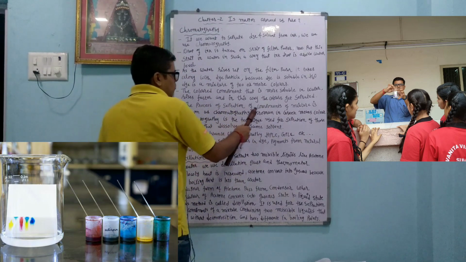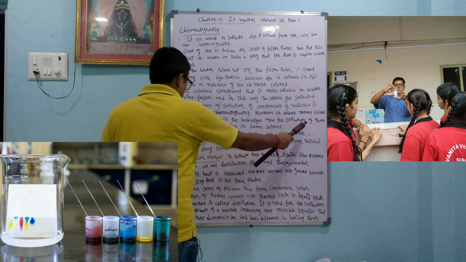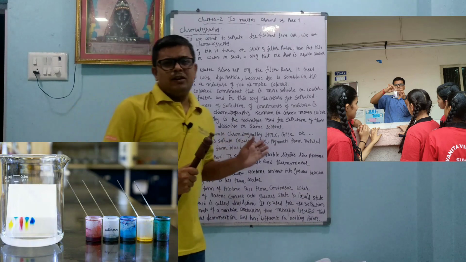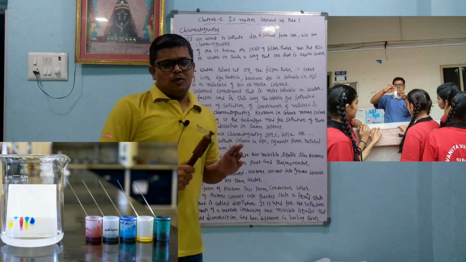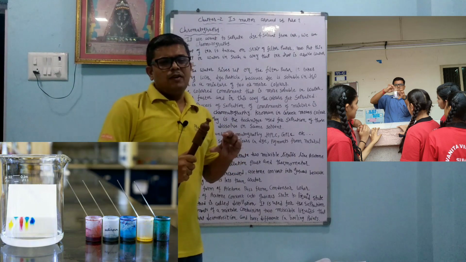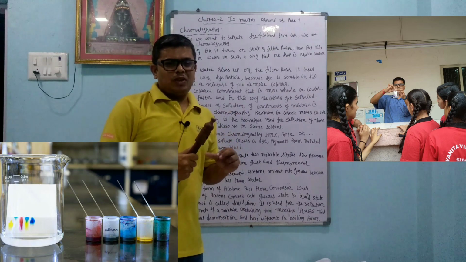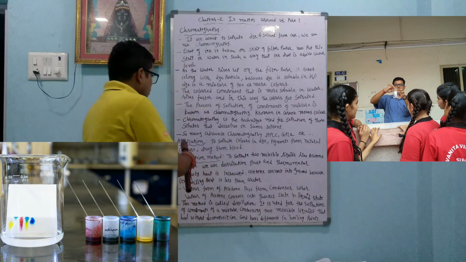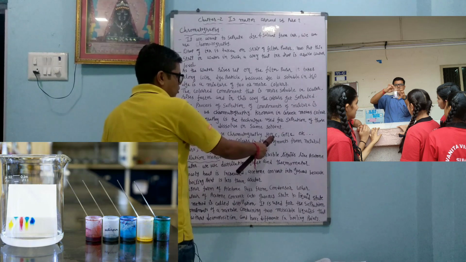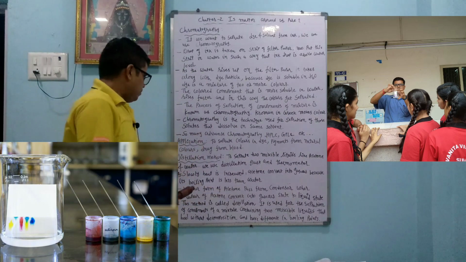The process of separation of components of a mixture is known as chromatography. Chromatography is a technique used for the separation of those solutes that dissolve in the same solvent. You have to take care to use a type of solvent, like we use water here, in which the different components are easily soluble. Like that we can separate. It depends upon the solubility. Many advanced chromatography techniques are there, like HPLC, high performance liquid chromatography, GPLC, gas permeation liquid chromatography, etc. Many are there.